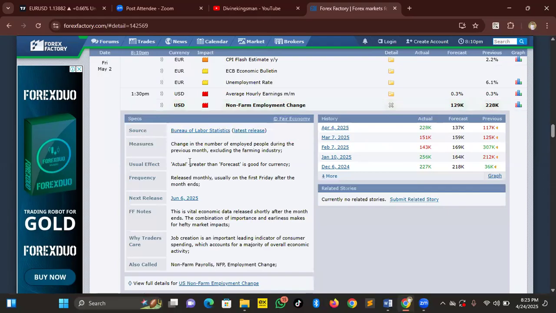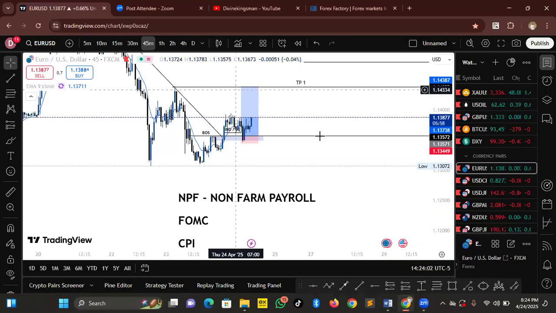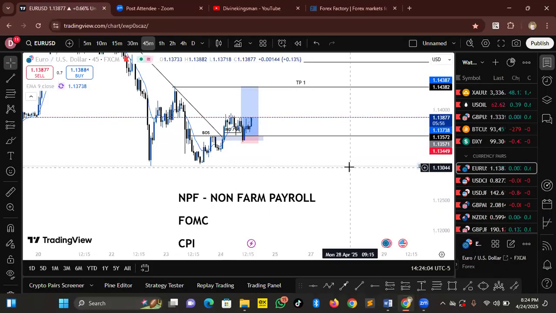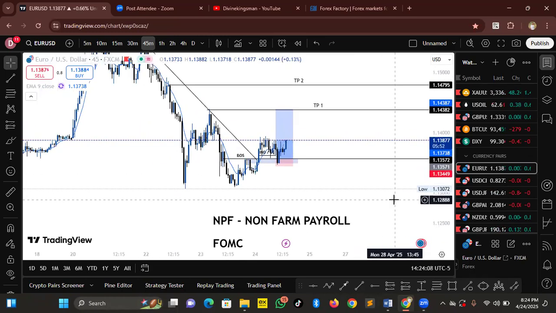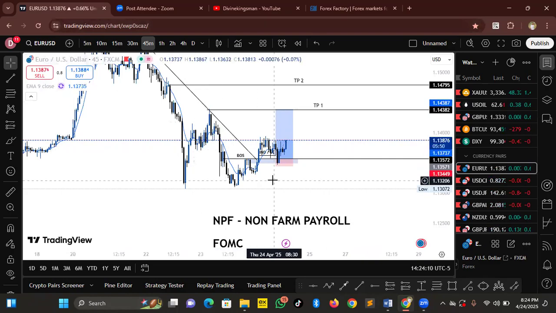So you can see here, actual greater than forecast is good for the country's currency. So let's say the actual comes out like 150 or 200,000. It's very good for the country's currency, meaning that the US dollar is going to be strong. So if you are trading euro versus US dollar, just know that if your technical is giving you a sell, meaning that you believe the euro is going to be weak while the dollar is going to be strong,